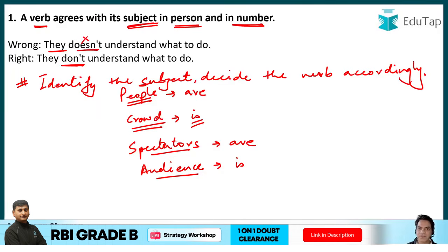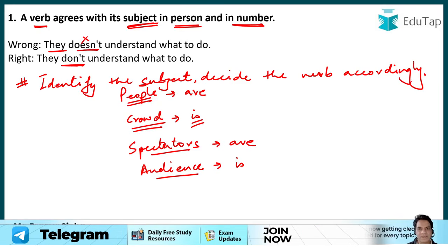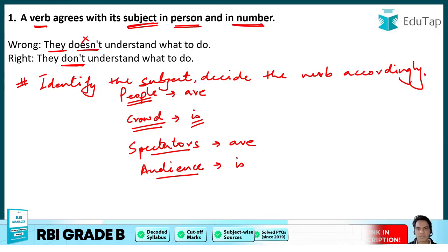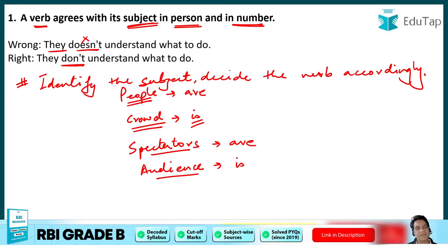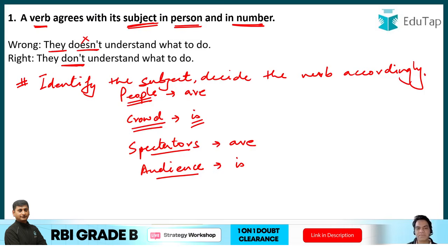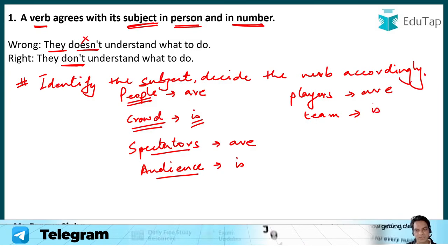And how do you decide that? Look at the noun that is given to you. Do not look at the number of people or entities in the noun. So if I say India, now India is a country which has 140 crore people, but India as a noun is a singular noun, whereas Indians as a noun is a plural noun. Got my point? I'll give you more such examples. Players is plural, so players will take a plural verb, whereas all these players constitute a team. Now the team, it is going to take a singular verb.